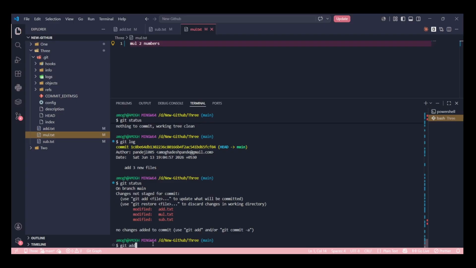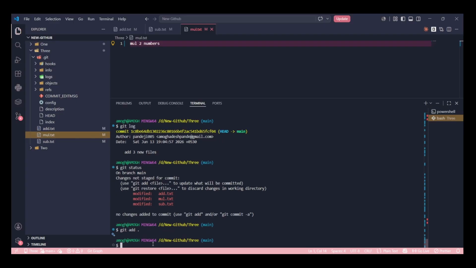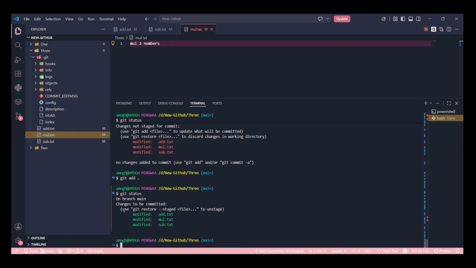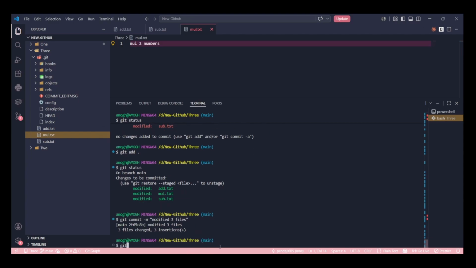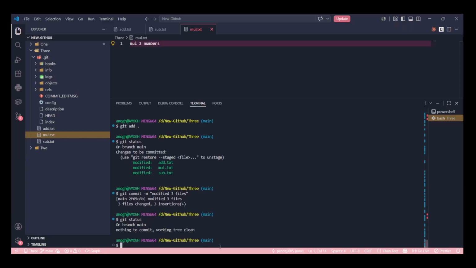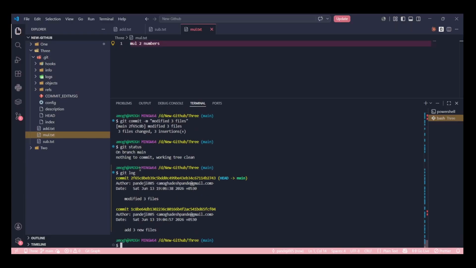I should say git add dot, and if I do git status, it will be in the staging area. And if I do the git commit, modified three files, guys, this message you can add anything, okay? Now if I run the git status again, it says there is nothing to commit. I'll again run the git log, there are two commits.